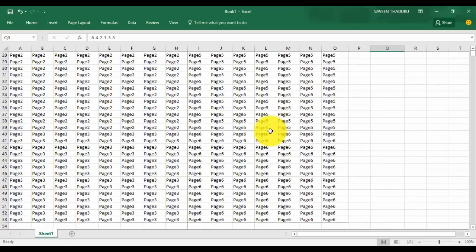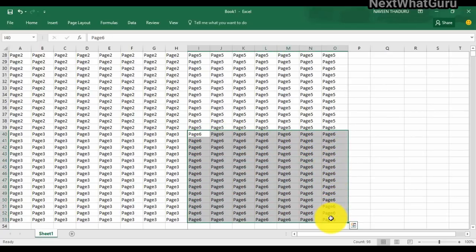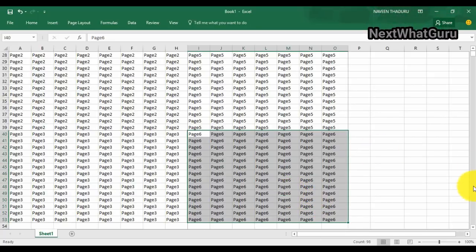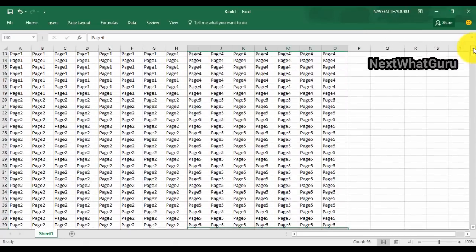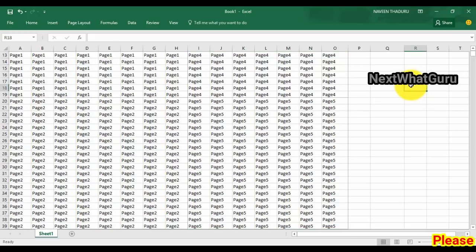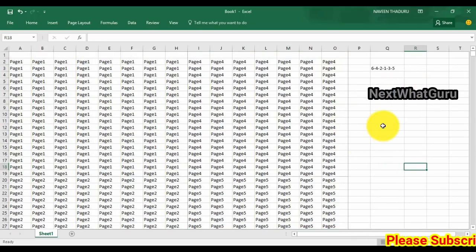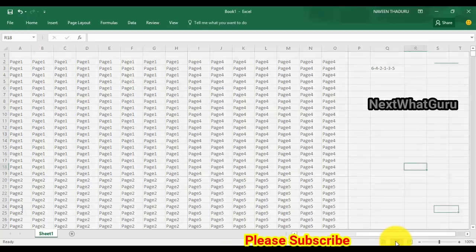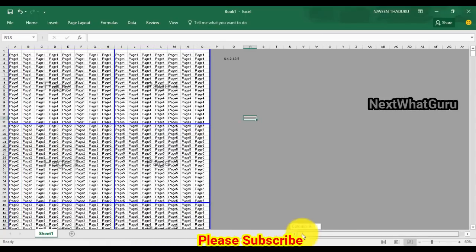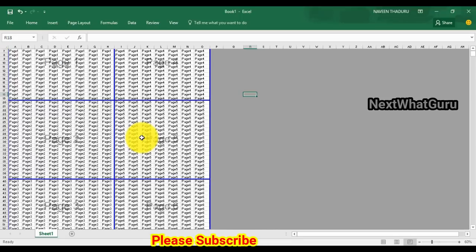First you need to select the page data, the range, and then click and hold the Control button on your keyboard, and then go to page number 4. I think it's better to change the view to page break view, so it's easy for you to select the page ranges. So I'm moving to it, and here is the page break view.